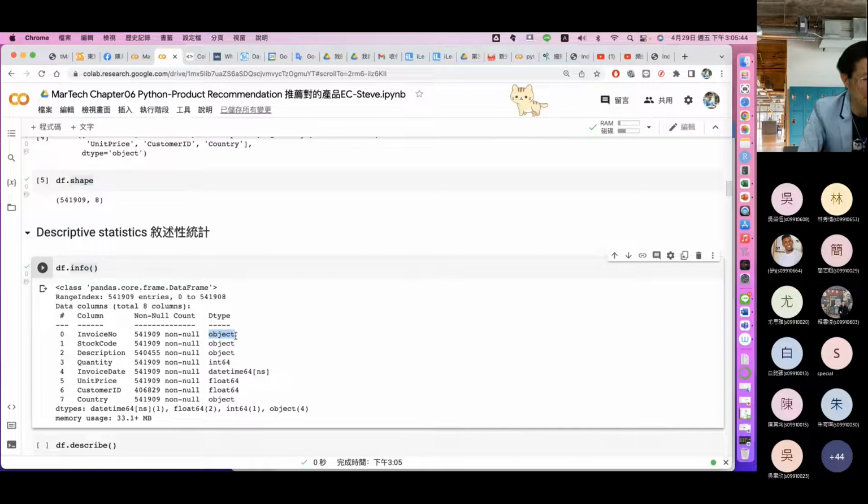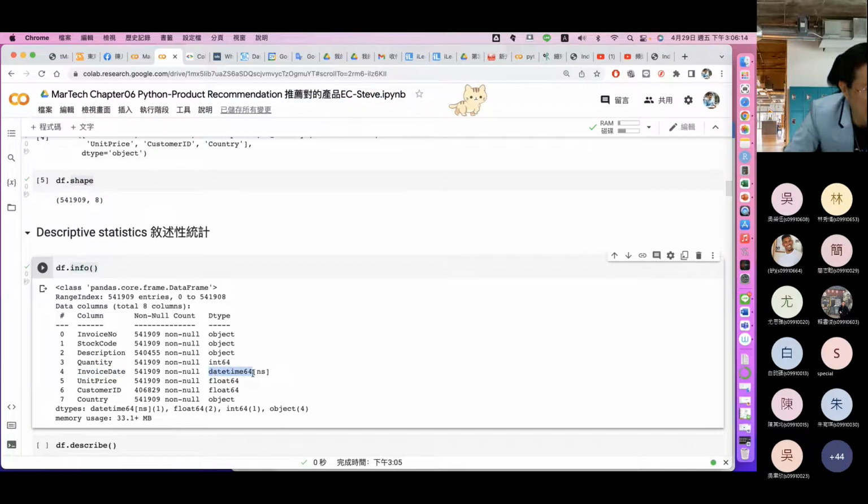For object, it means character, means string. 物件的 object 就是字元的导向，是字元字串。For the quantity, integer 整数。Unit price, it means floating point, real number 实数。